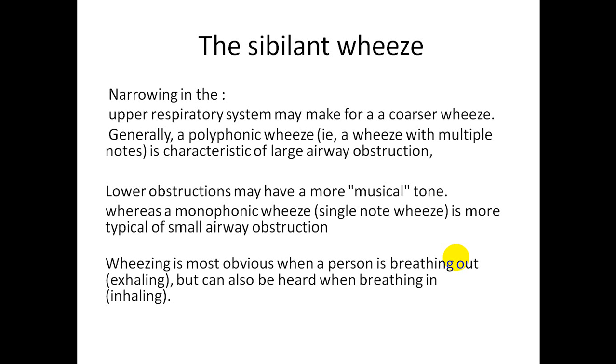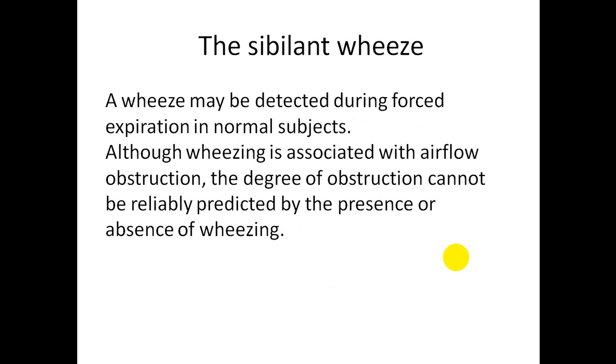This is what's commonly seen in bronchial asthma, whereas a monomorphic, single-note wheeze is more typical of a small airway obstruction. Wheeze is most obvious when the person is breathing out, in exhalation. This is the most commonly seen, but it can also be seen in inhalation. A wheeze may be detected during forced expiration in normal athletes during exercise. Although wheezing is associated with airflow obstruction, the degree of obstruction cannot be reliably predicted by the presence or absence of